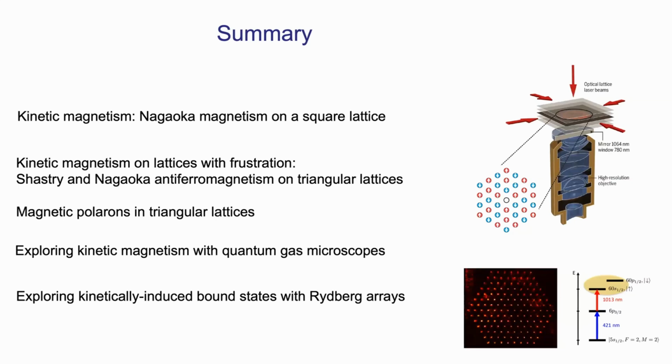If you start introducing a dopant in a square lattice, then if U is large, but U over t has to be outrageously large, like 100 to 200 or something, then this hole actually dresses itself in this ferromagnetic Nagaoka cloud. For triangular lattices, you also get this ferromagnetism. For the double-doped side, you can also get this ferromagnetic polarization cloud, but at much weaker interactions.